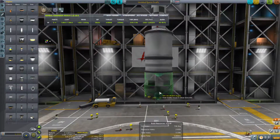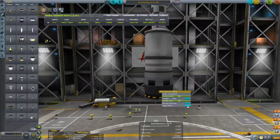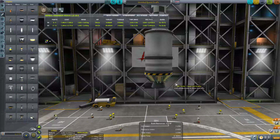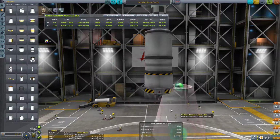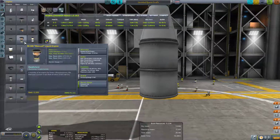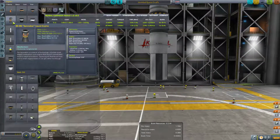What about the Rapier engine? What about that engine? Do I have enough thrust? Yeah, I have enough thrust with that. So, we'll use that. Throw that on there, and maybe that's just overkill. Let's see. Throw that, and we'll grab...